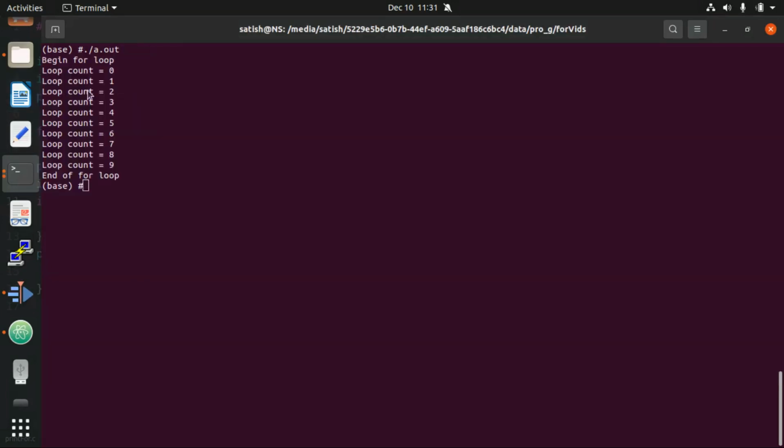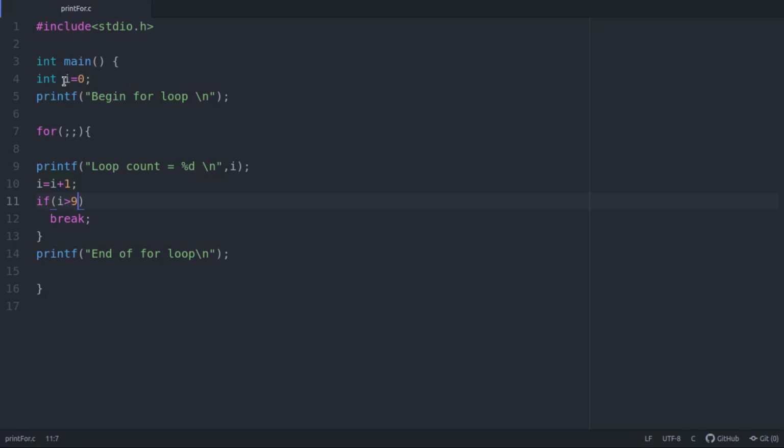So it comes into the for loop, value of i is 0, prints the value of i, increments the value by 1. Only if i is greater than 9, then you have to break it. Because 1 is not greater than 9, it will not break the for loop. It will skip this break statement. It will directly come here, which is end of for loop. Go back again. i is made 2, print the value of i as 1, increment it to 2, 2 is not greater than 9, don't break the for loop.